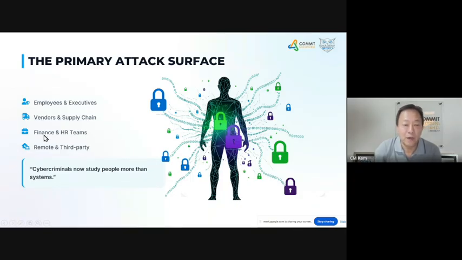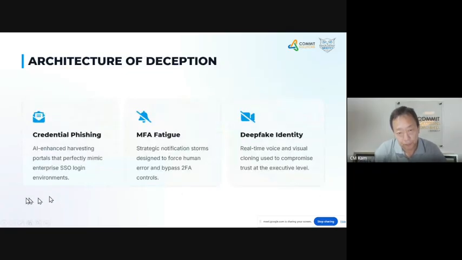Of course, your finance and HR team will be the biggest target, because they hold a lot of information in terms of who and what, and also in terms of dollars and cents in the organization, right? Remote and third party, as I mentioned earlier, is part of the supply chain, right? This way you allow people to log into your system for the purpose of doing a transaction and doing business. It's part and parcel of business nowadays, right? If it's not 100%, it's probably a good 90% of businesses that allow such a thing to happen, especially from a payment gateway perspective, right?